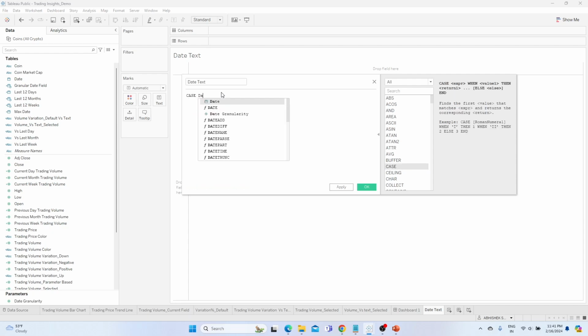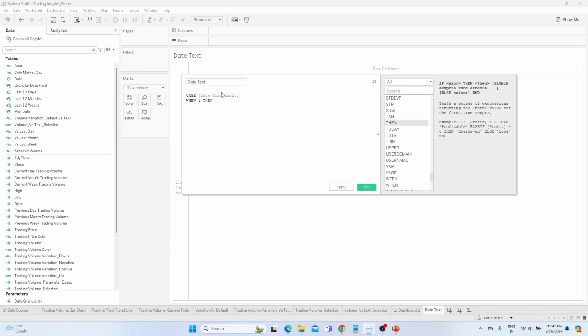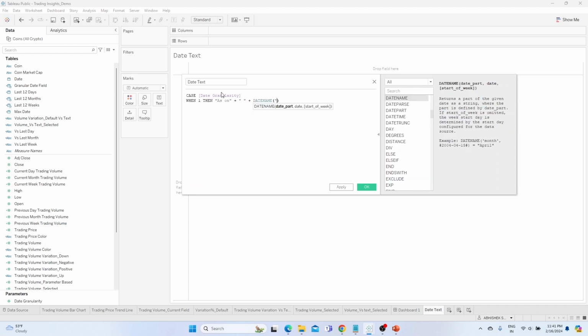CASE our parameter, WHEN 1, then, 1 is daily, right? Then give me 'as on', plus, which is we will concatenate. I'll give some space after 'as on', then plus DATENAME, date part is